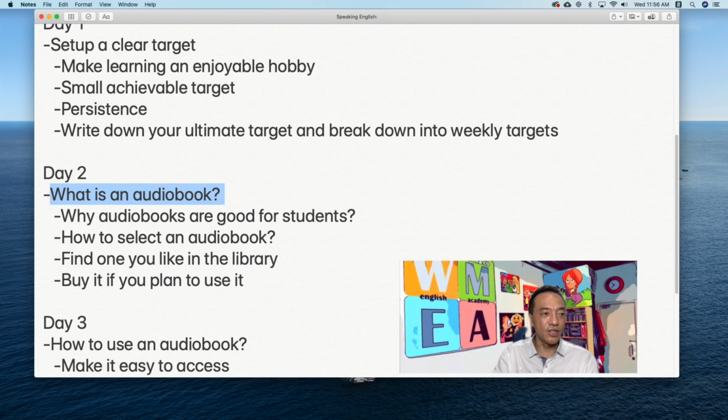And then on day 2, we make use of audiobooks. What is an audiobook? An audiobook is somebody who reads the story for you. Instead of reading, you use your ears to hear the story.